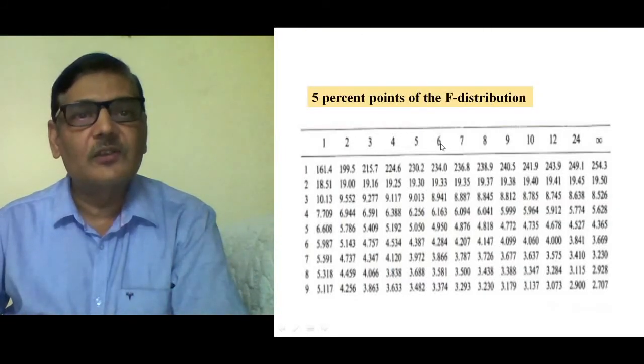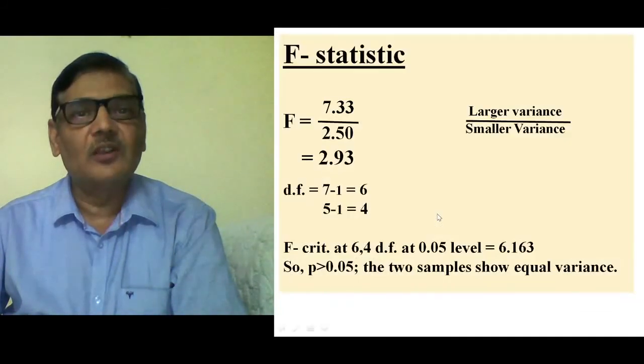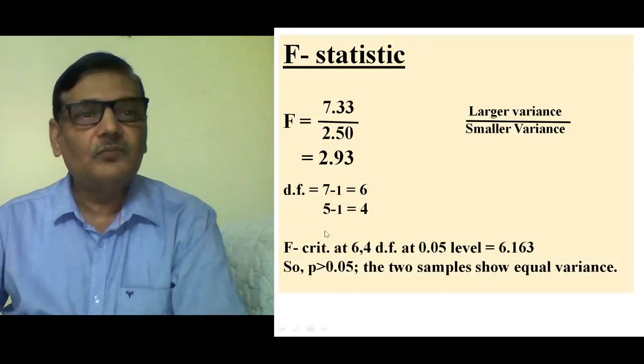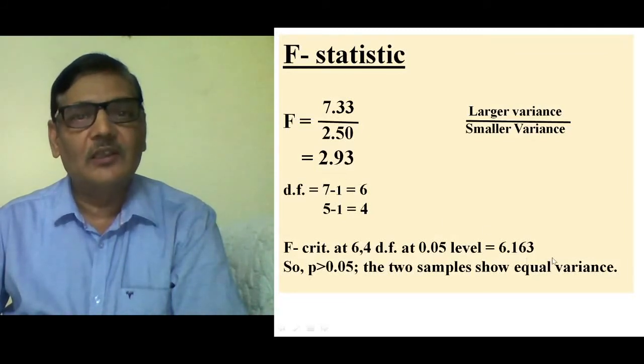Here 6 means the numerator degrees of freedom will be 6, and the denominator degrees of freedom will be 4. So this value is 6.163. At 5% level, the F critical value is 6.163. So we are observing that the calculated value of F, that is 2.93, is quite less than the F critical